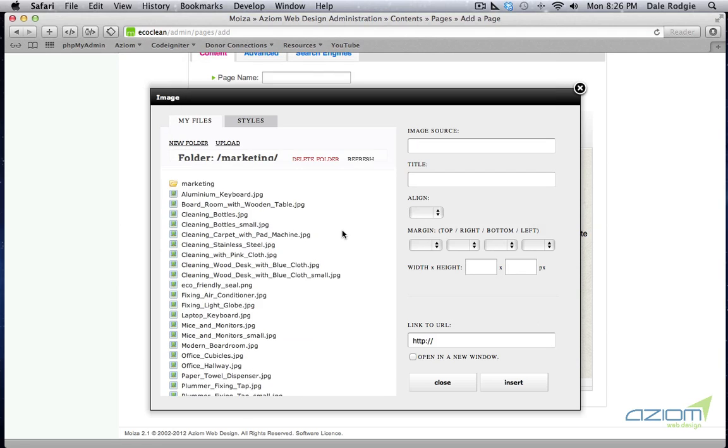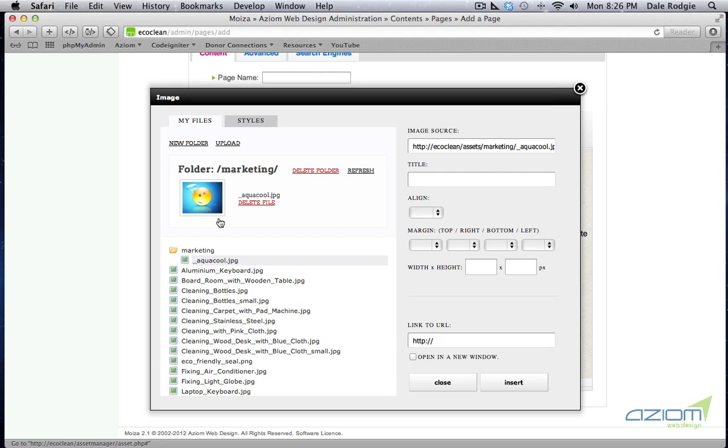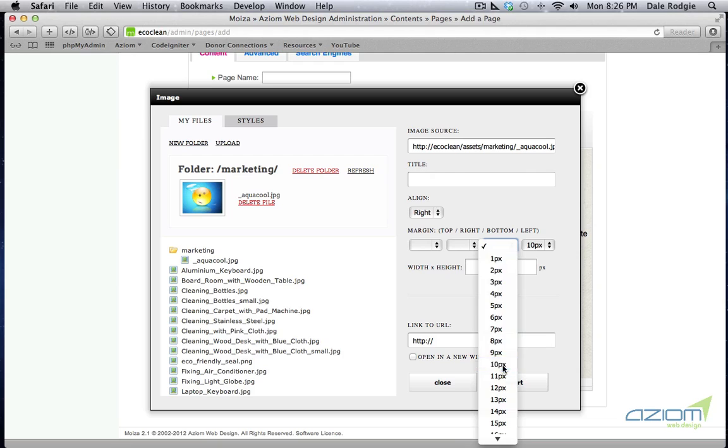I'll click on Open. There's the image there, so I'll just click on it, and this time I'll do a right align. Now because I'm going to the right align, I want to put some space in the margin to the left, so I'll put, say, 10 pixels, and the same again with the bottom. You can also adjust the width and height. If you leave those blank, then they'll automatically put in the correct width and height of the image. If you want to, you can make the image slightly smaller, so I can put say 200 by 150,